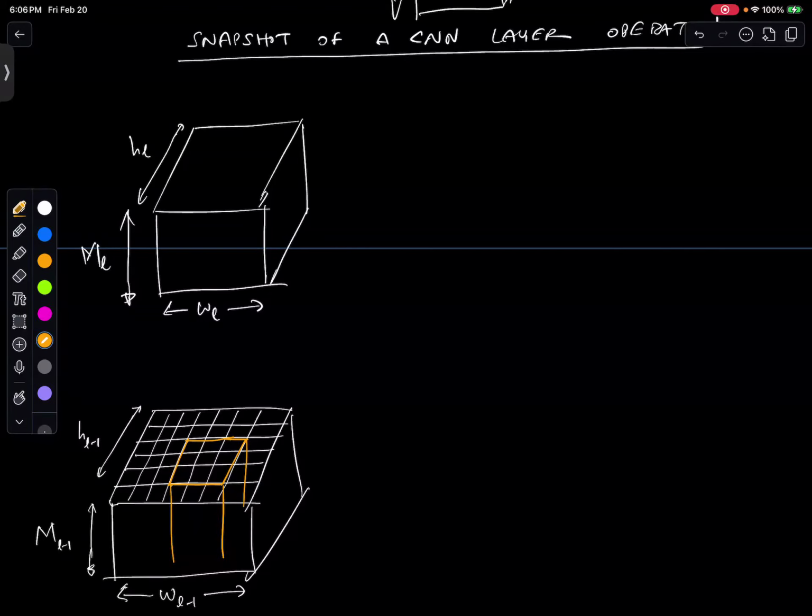Shallower, for the same reason: the filter is going to leave money on the table, so to speak, in the sense that it will not be able to pick up content from all the dimensions in the depth it cannot reach. So the only reasonable thing to have is a filter with exactly the same depth as the input feature map. Okay, so now, provided everyone is happy with that,